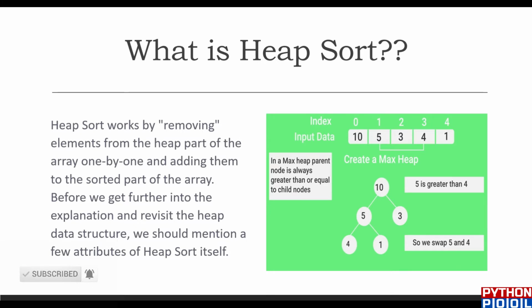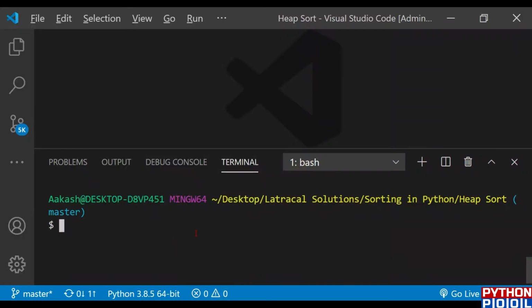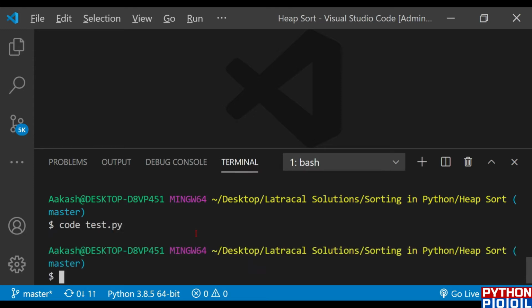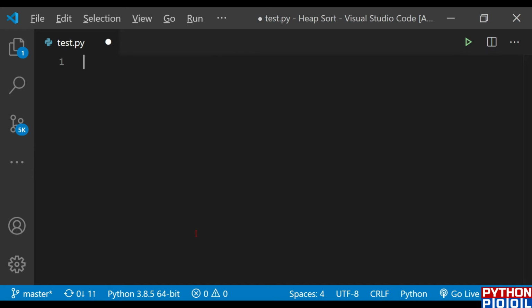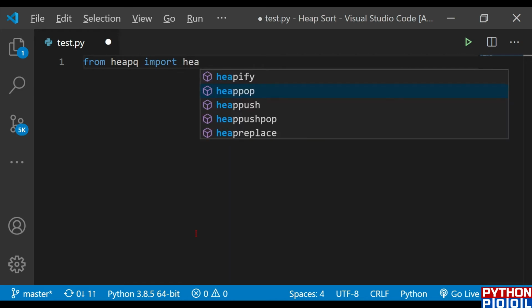In this way, it sorts the whole list in the new list and then it returns the sorted list. So let's see in Python how we design a program for this one. I'm going to make one file, name it as test.py, and fortunately for converting a list into a heap, we have a module in Python. That's our fortune that we are using the Python language. That module is named heapq, and from that module we only need two functions, that is heappush and heappop. Heappush would convert our list into the heap and heappop would pop out the element from the heap. So let's import that from heapq.